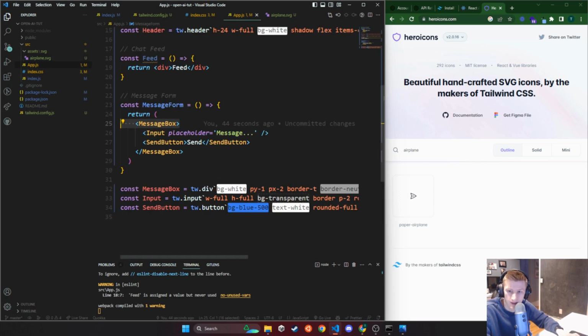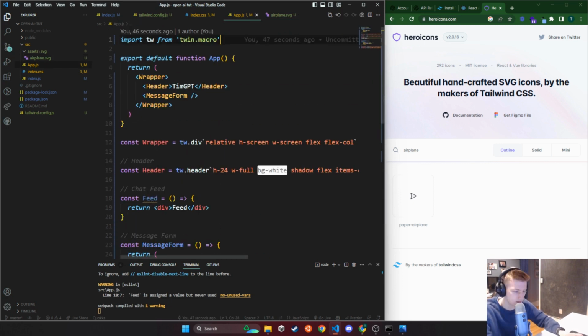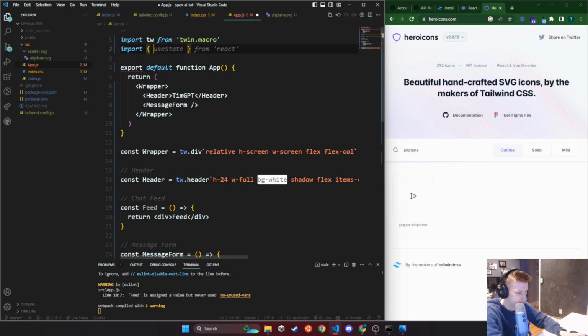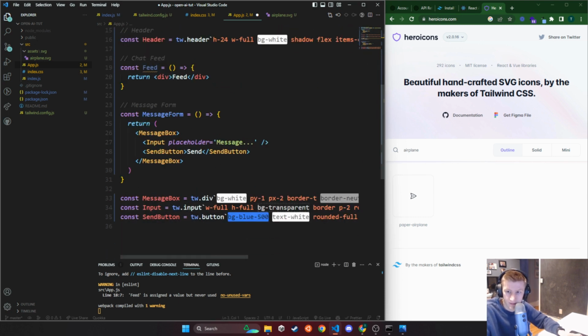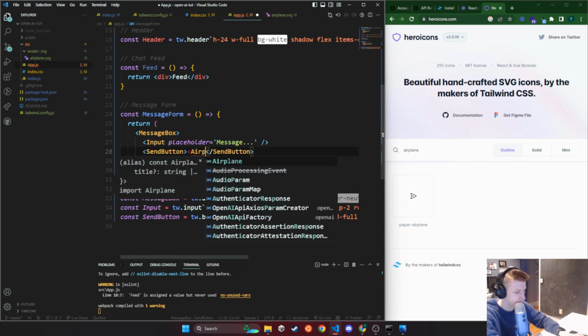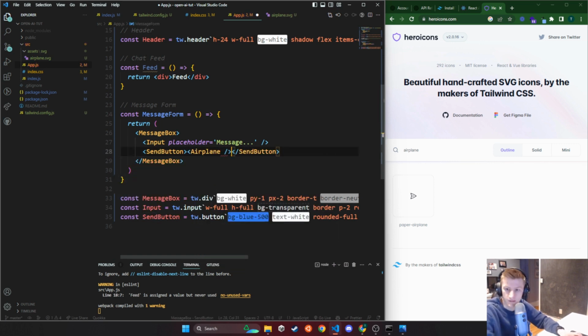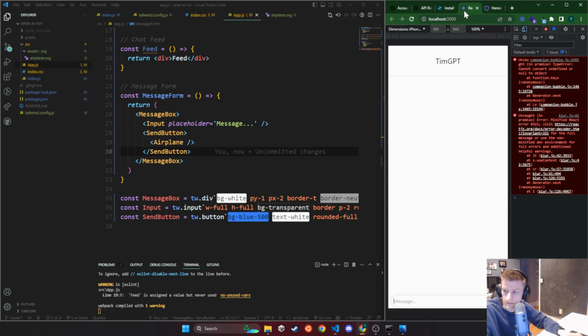Then we can go back into the app, and then we can go to the top of this file, and we can say import, and we want it to be a React component so it's easier to use. So we'll say React component as airplane, and we're going to import this from ./assets/svg/airplane.svg. I'm assuming it got it right. It did. So then airplane, we can put in here airplane. Okay, like that. And now if we come back,